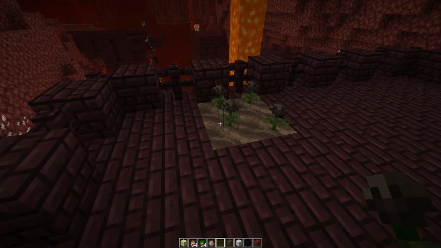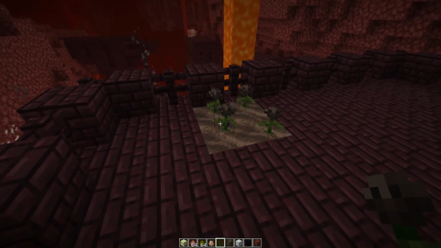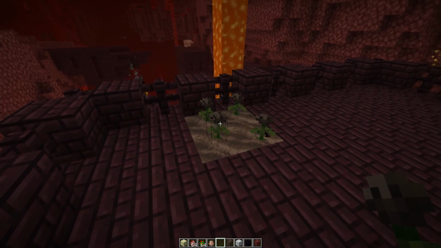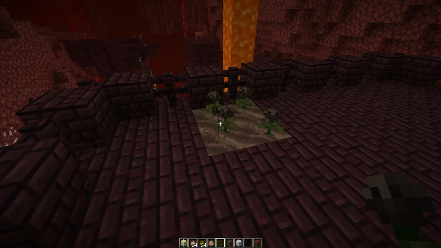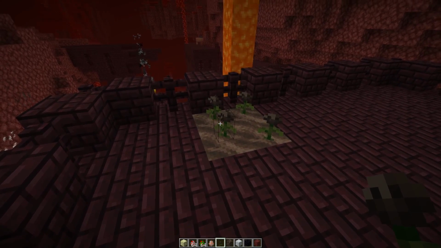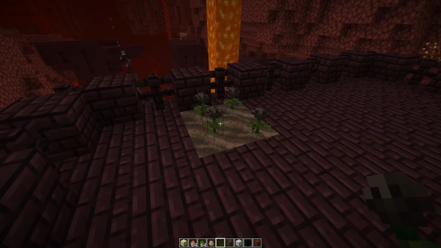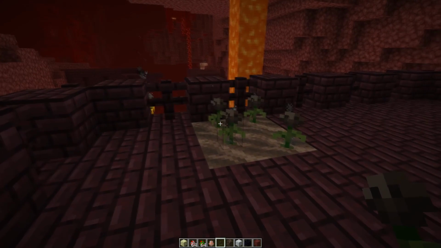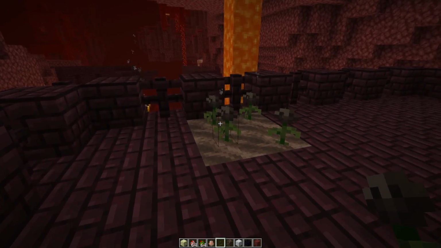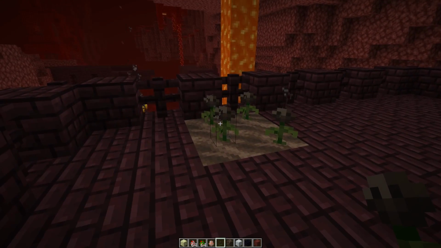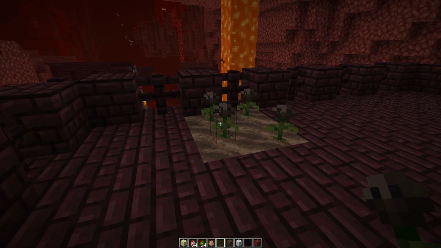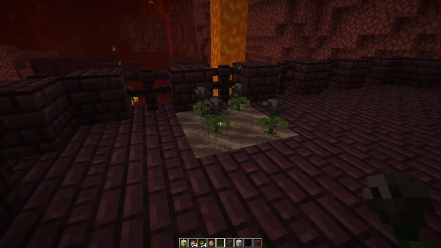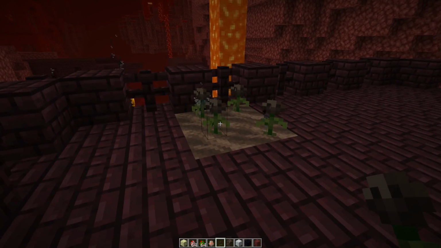In the previous snapshot, the ability of mobs to spawn inside of wither roses was removed, since the wither rose would damage those mobs immediately. But this also included wither skeletons that wouldn't be harmed by the wither rose. And this got changed in today's snapshot. So now wither skeletons can spawn inside of the wither roses, other nether fortress mobs can't. That of course makes it possible to make a wither skeleton only farm. So this is definitely exciting news for wither skeleton farmers. You can definitely make much more efficient ones.